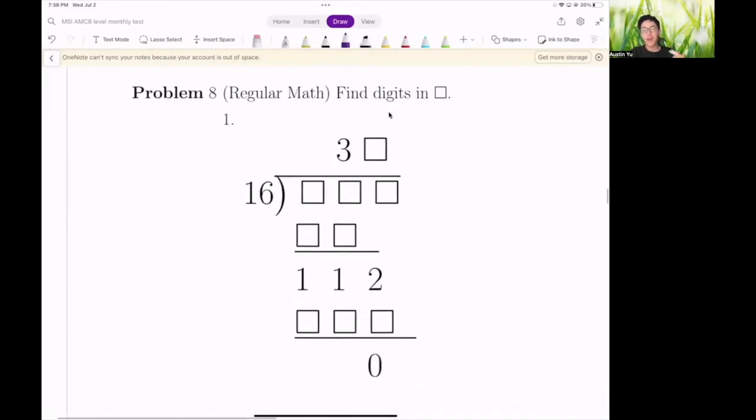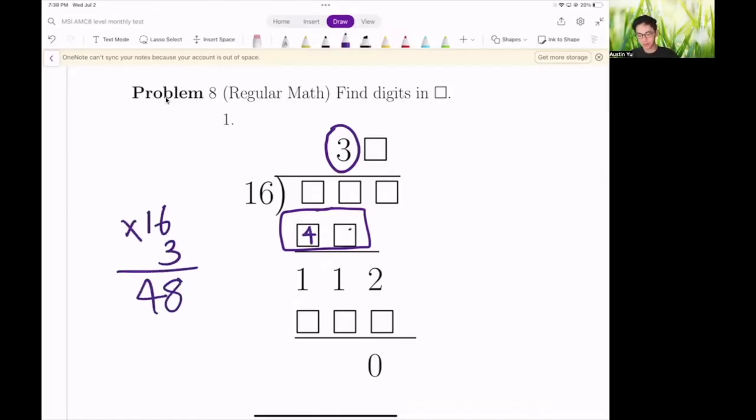Problem 8. Find the digits in the blank. This problem is kind of hard, but it is still pretty much doable. So the first thing that you will see is that the unit on top is 3. What does this mean? Since there are two blanks here, the number on top is larger than the 2 on the bottom. And the number on the bottom is always going to be the largest multiple of 16 that went into the top number in the red before going down. So the bottom number is just 3 times 16, right? Because that's the largest multiple,